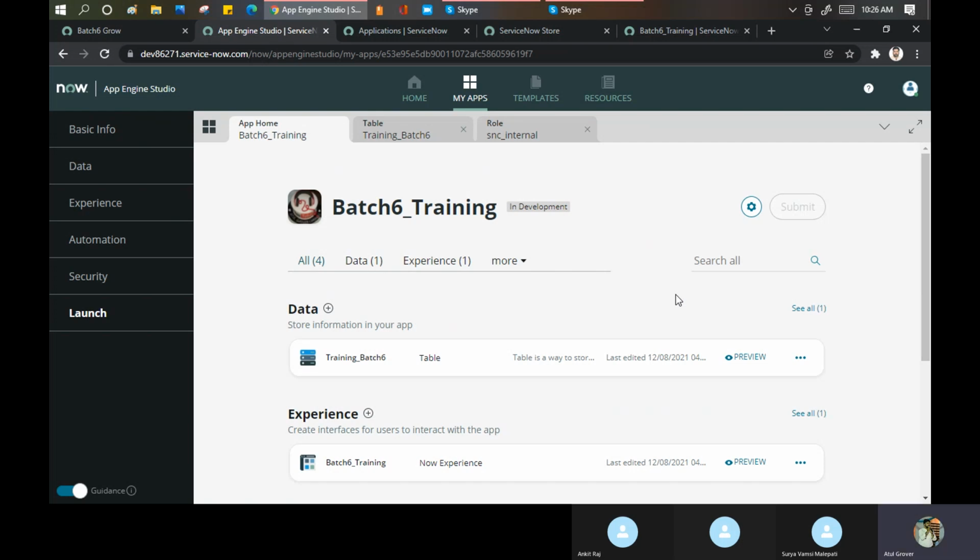Surya, what do you think? It's still not completed. The workflow has still not been completed. It's completed. Is it anything related to that in development icon? Like it's still in a development stage. That is fine in the development state. But if I move to the submit only, then it becomes something else for me.